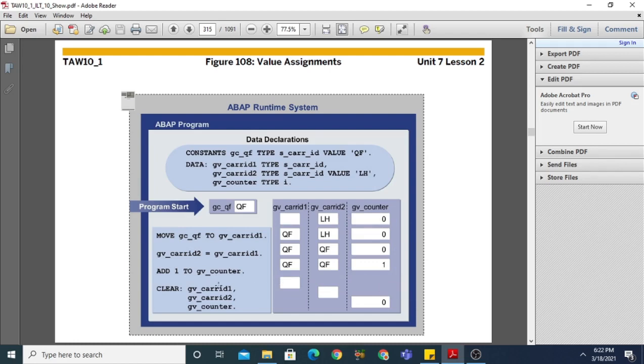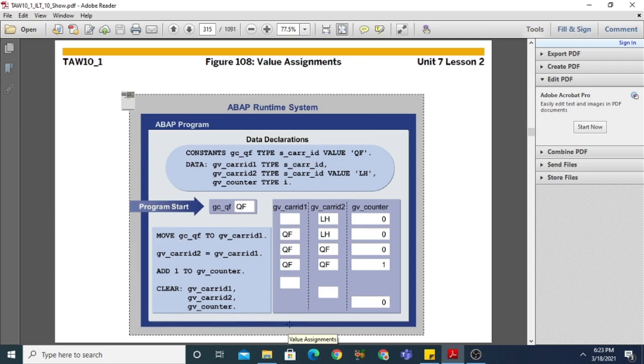Now there is a special kind of statement we use in SAP ABAP programs, and that is called clear. If you want to restore the initial values, we use the clear statement. In this case we are using clear gv_char_id1, gv_char_id2 and gv_counter.